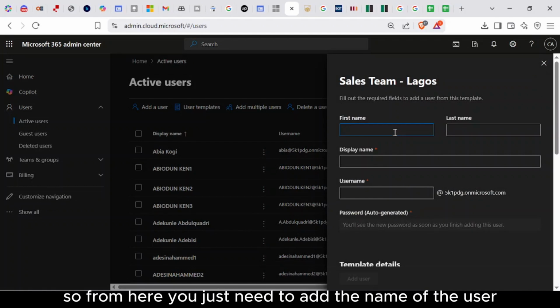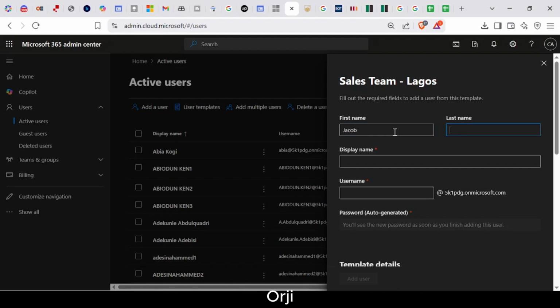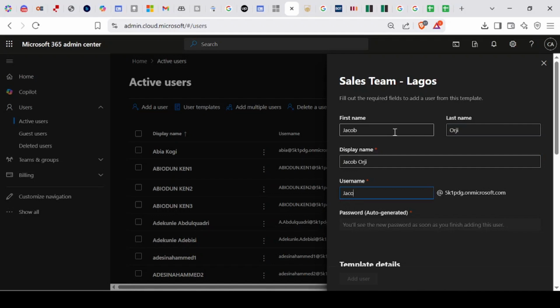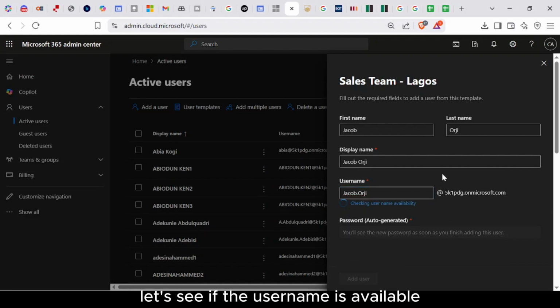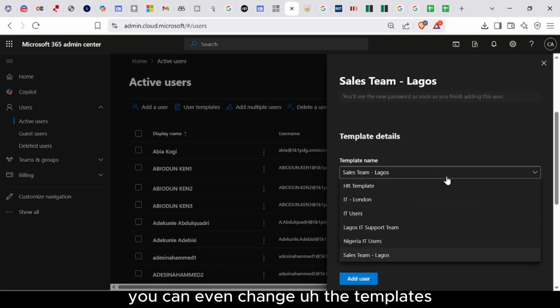So from here you just need to add the name of the user. So let's say this user's name is Jacob Oji, and the username is populated automatically. Let's see if the username is available. It is available, so you can even